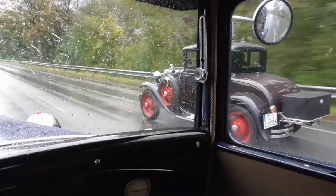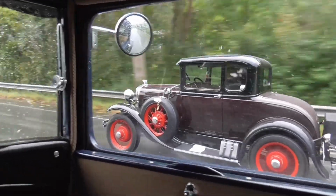During that tour, which by the way, doesn't a Model A look absolutely gangster when driving in the rain,